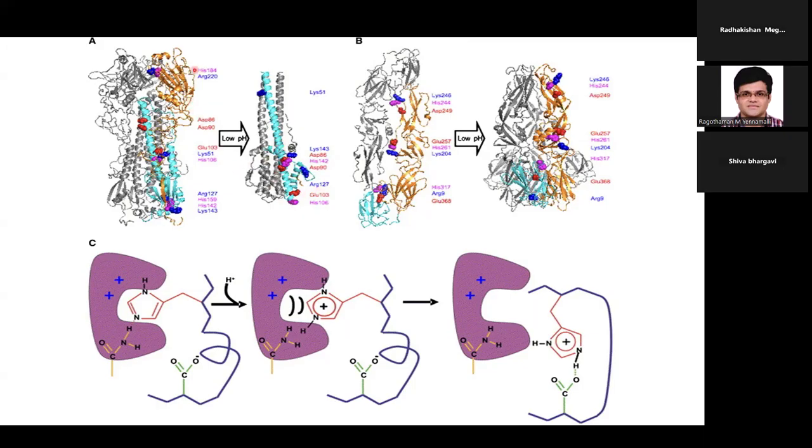And what you see is the histidine residues that are highlighted in this, which are proposed as responsible for this low pH change. So that gave an idea that possibly in dengue virus also, in the endosome,